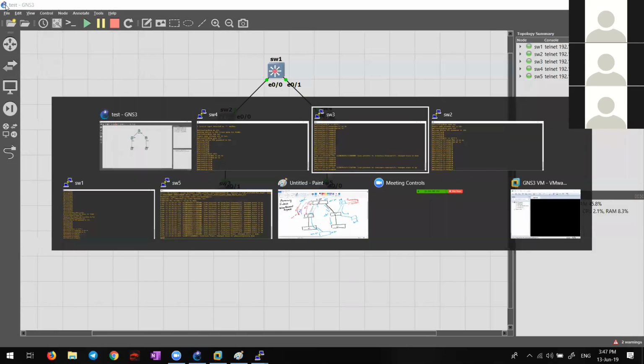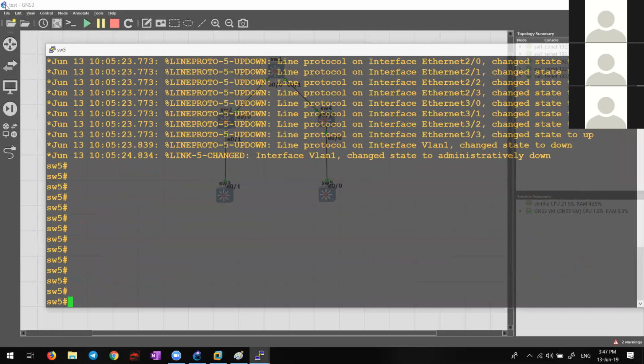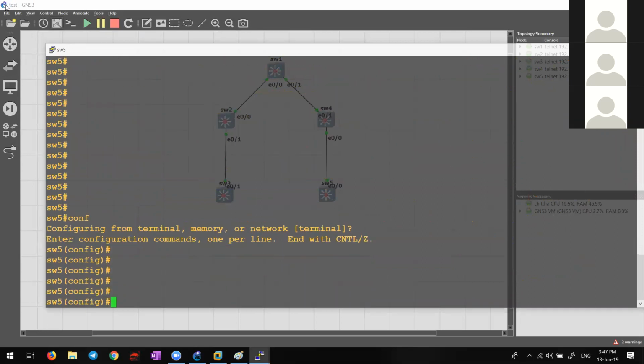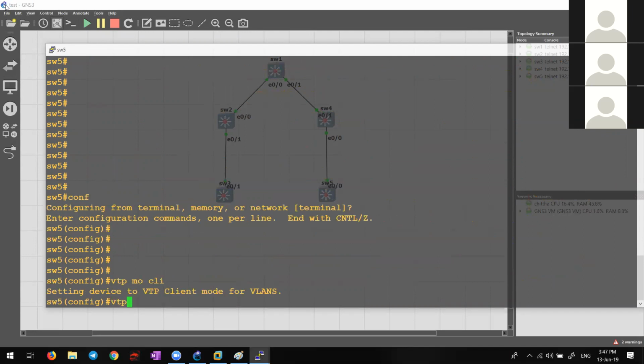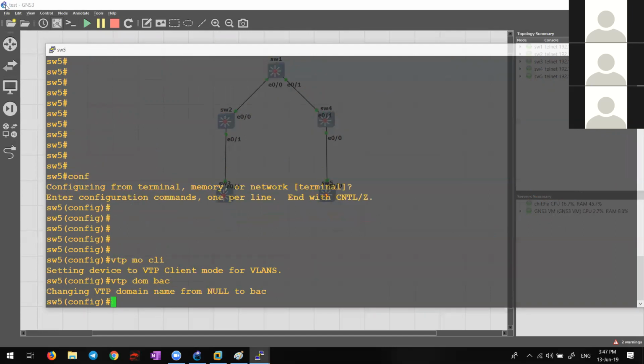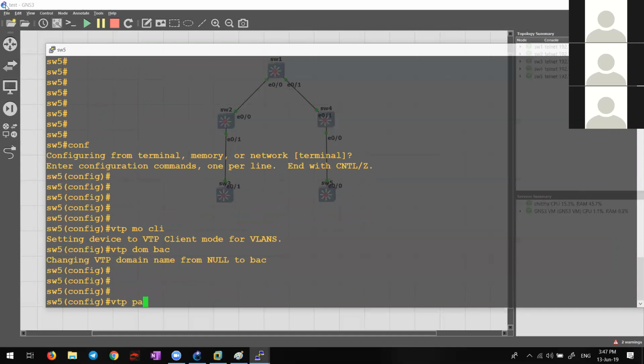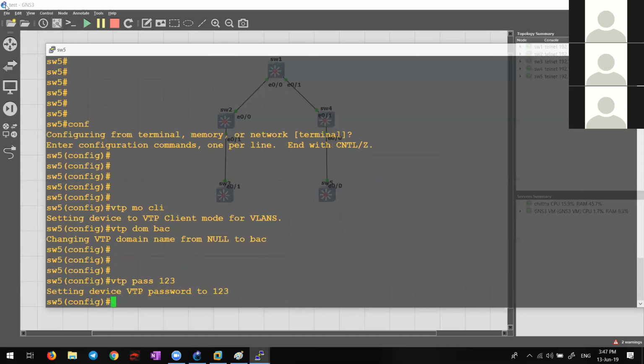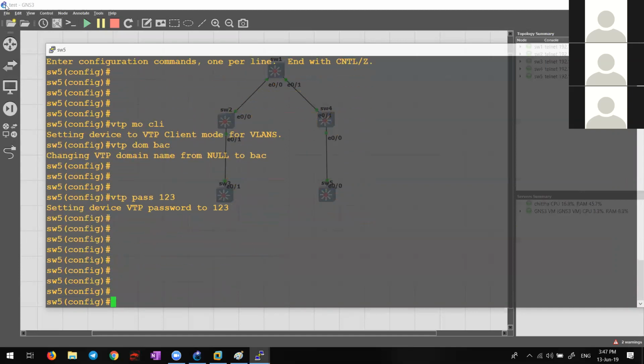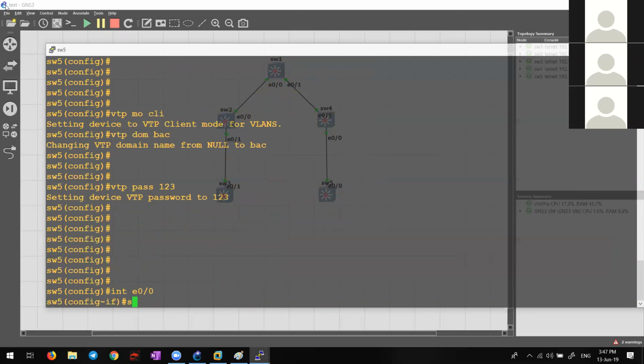Now the final switch, which is switch 5, config mode, VTP mode client, VTP domain BAC, VTP password 123, then interface E0/0, switchport, yeah.